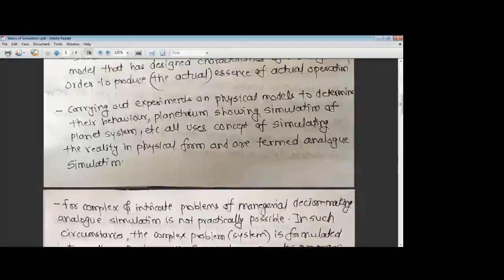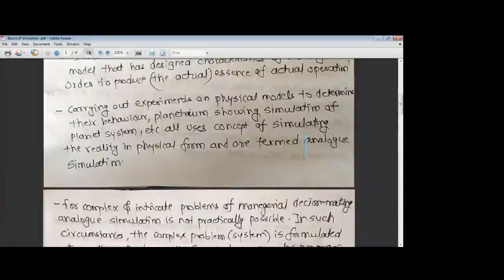So this is very important. If you have been to a planetarium, they show you how the solar system is working in physical form,